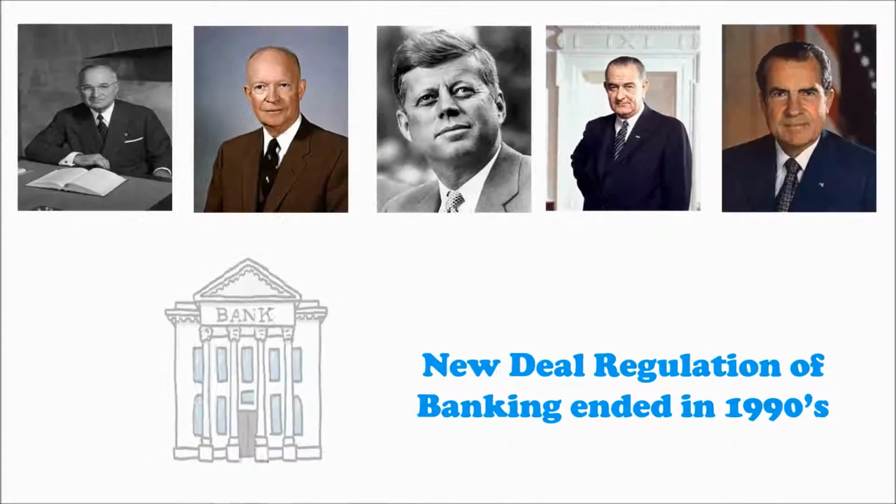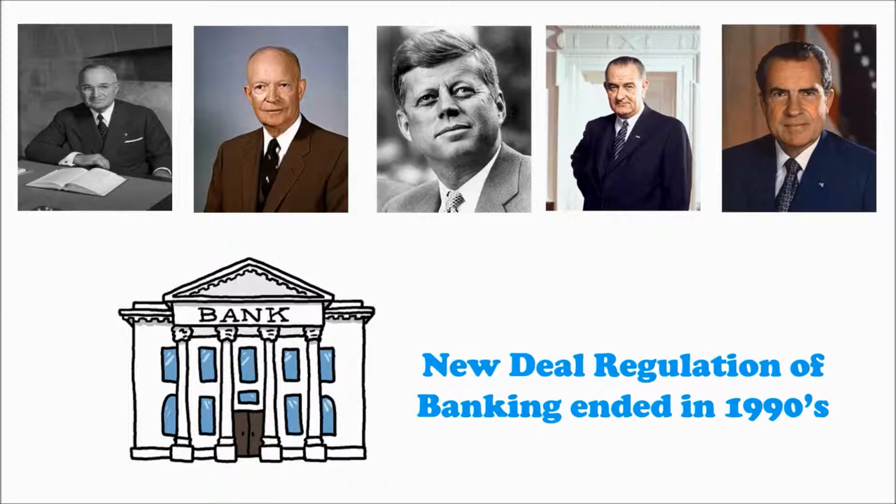As the first Republican president elected after FDR, Dwight D. Eisenhower left the New Deal largely intact, even expanding it in some areas. In the 1960s, Lyndon B. Johnson's Great Society used the New Deal as an inspiration for dramatic expansion of liberal programs, which Republican Richard M. Nixon generally retained. After 1974, however, the call for deregulation of the economy gained support. The New Deal regulation of banking was suspended in the 1990s.